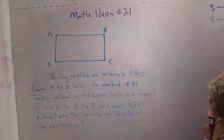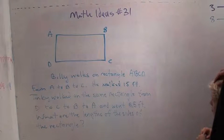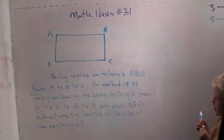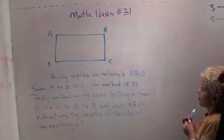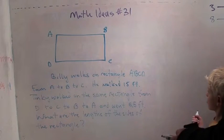Okay, good morning. Welcome to Math Ideas 31. Today we're going to look at kind of a tricky problem. It's about rectangles. Do you know what rectangles are? Yeah, okay, awesome. Alright, so Billy walks along this rectangle, A, B, C, D, from A to B to